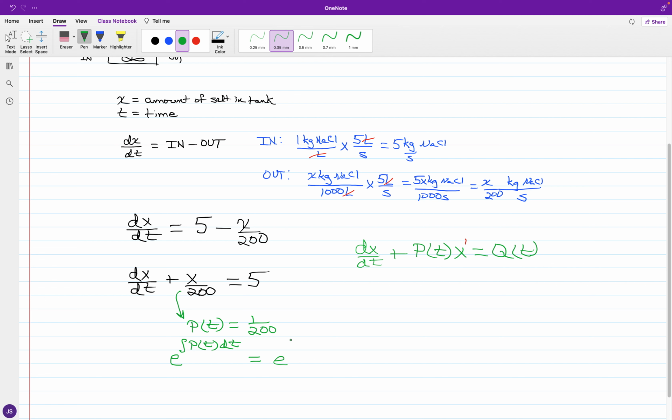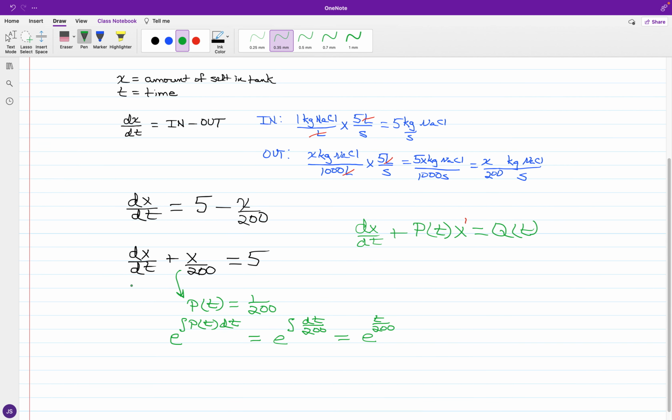and it's going to be e to the integral. So you have 1 over 200 times dt, so you have the integral of dt over 200, and the antiderivative, okay, you see we have e to the t over 200. So this will be the integrating factor, and we will multiply the terms from the standard first order linear differential equation setup. Okay, so we got e to the t over 200